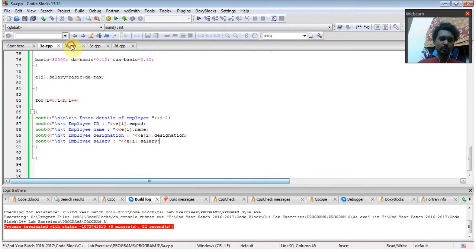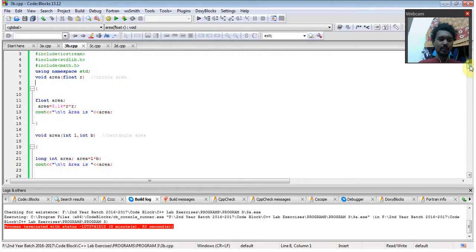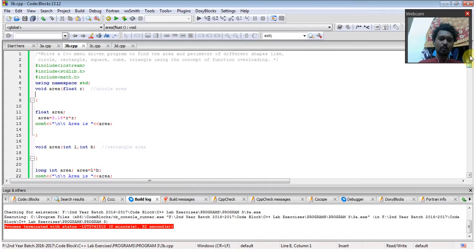Now moving on to the second program. In this program you have to write a C++ menu-driven program to find the area and the perimeter of different shapes such as circle, rectangle, square, cube, and triangle, using the concept of function overloading. Here the header files have been included for input, output, and the standard library, and also for the math functions. After that, every function is of type void, because here we are overloading the